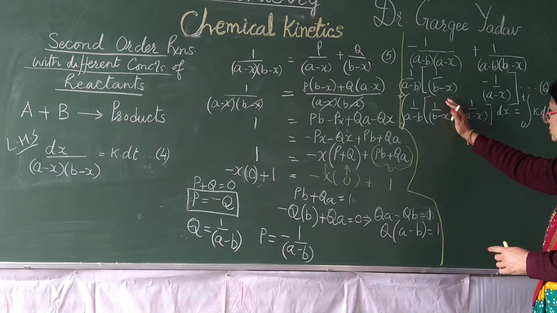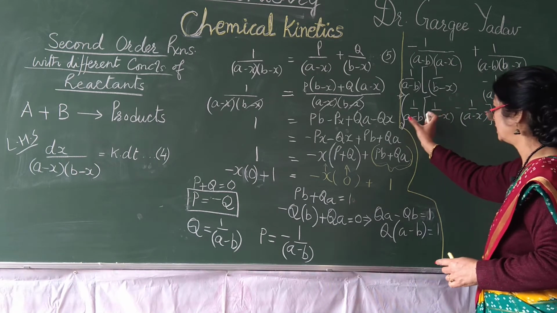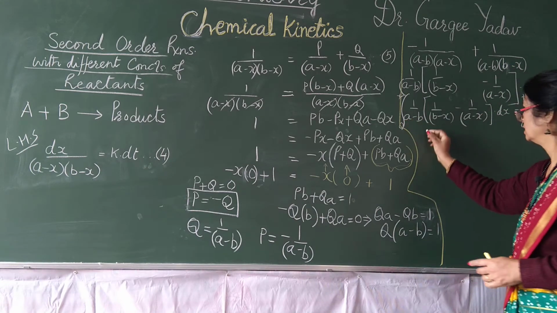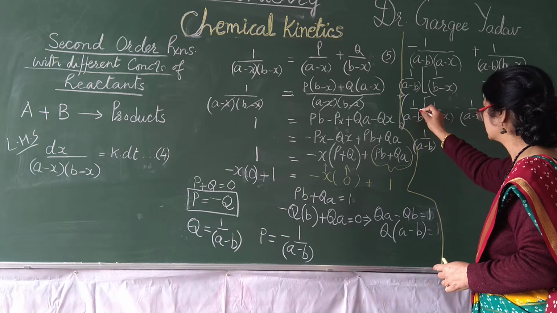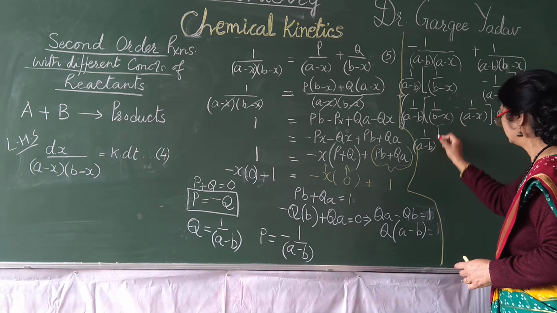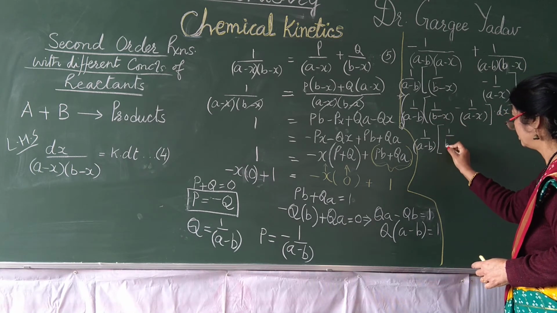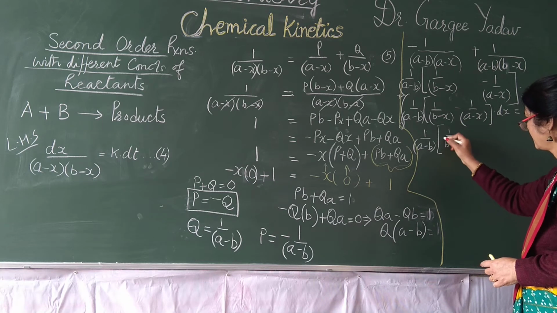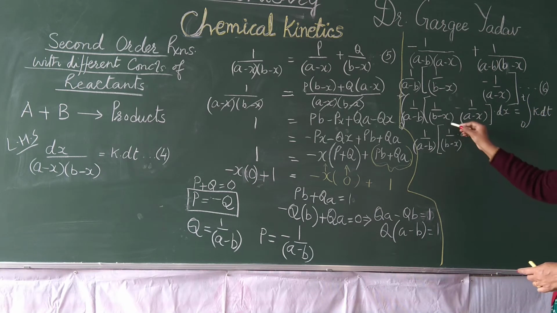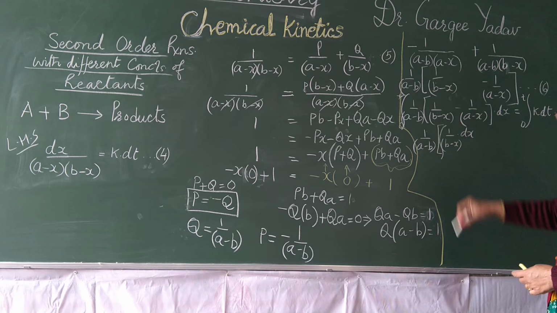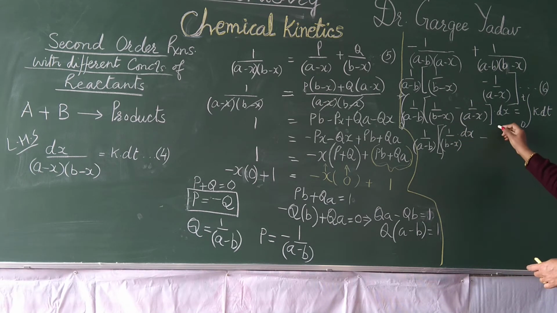We will integrate both these terms separately, and since a minus b is a constant, it will be out of the integration limits. What we have inside is 1 upon b minus x dx, integration of this term minus integration of the other term 1 upon a minus x dx is equal